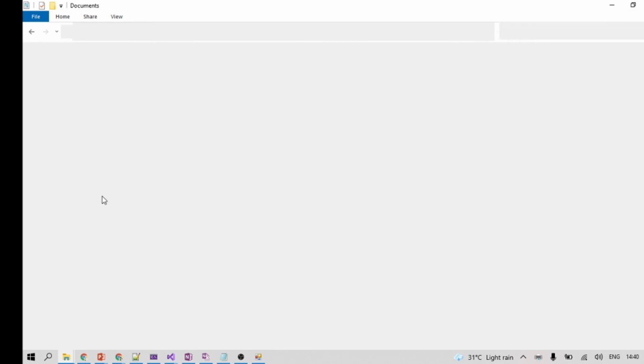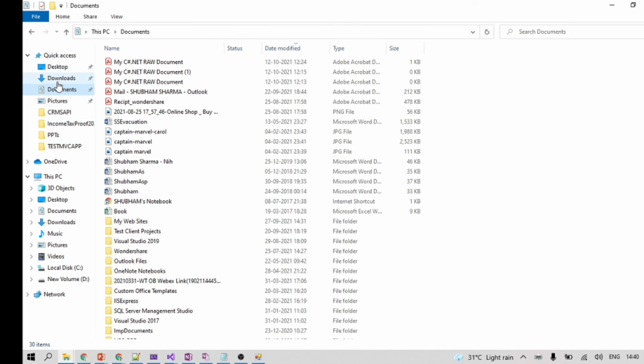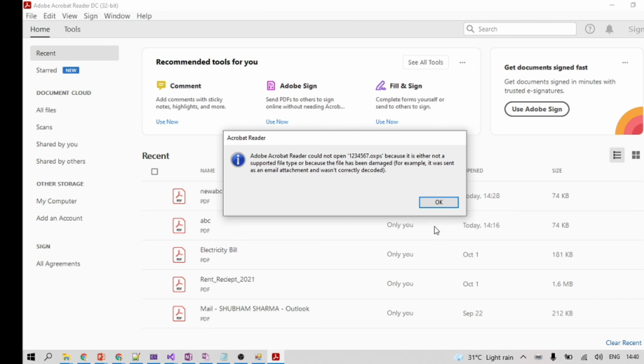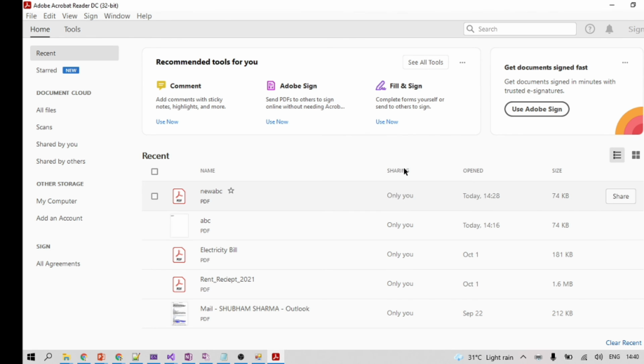Let's check whether the document is created or not. Download 1234. It is not opening properly.